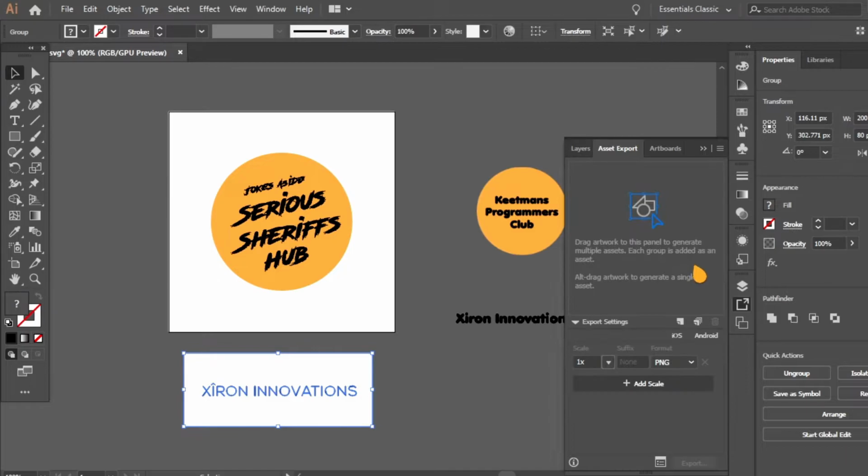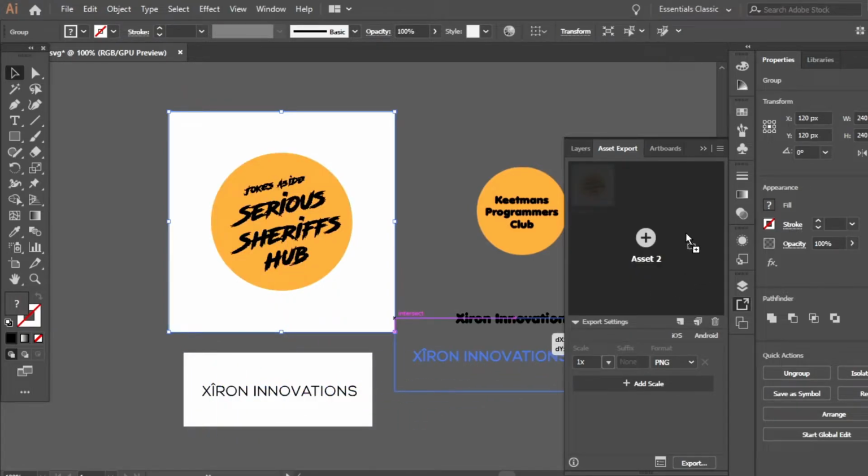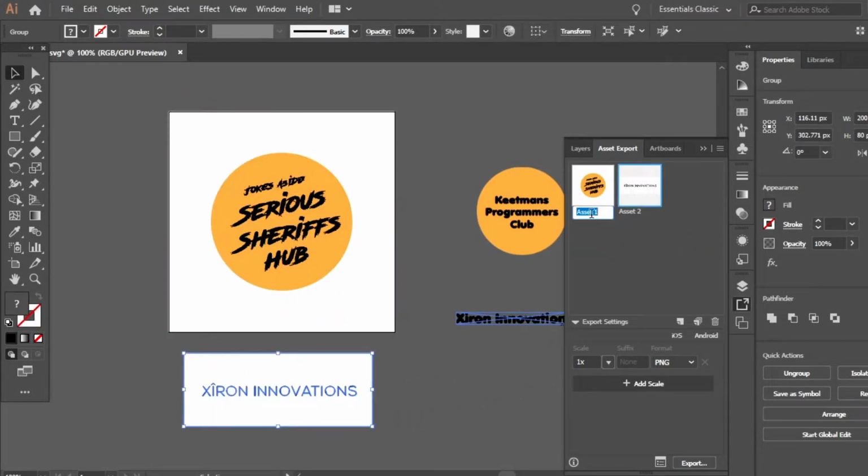And here's the important part, guys. You need to export them as SVG, which is vector assets. That's the trick. Then they will render correctly. Okay, let me just rename this to splash screen icon, and these two branding